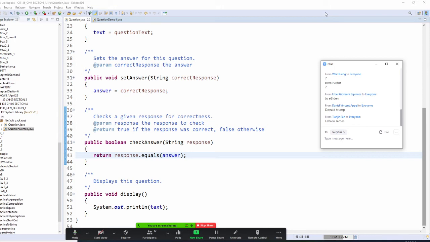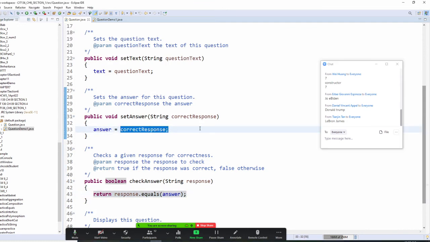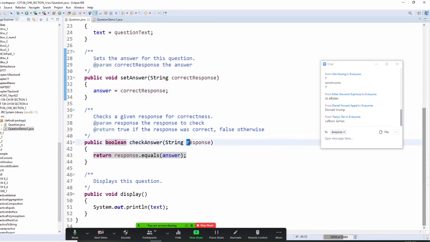Once we do that, we'll compare. In your answer right here, you want to put the correct answer. You understand? Then we compare the response from the user to your answer. If they are equal, then you return true. If they are not equal, you return false. All right. Then how do you do this question? You display